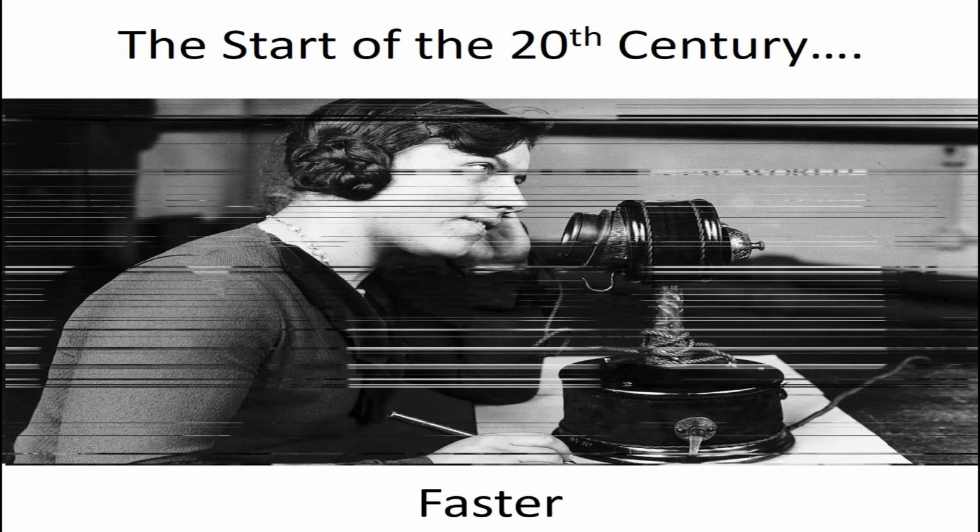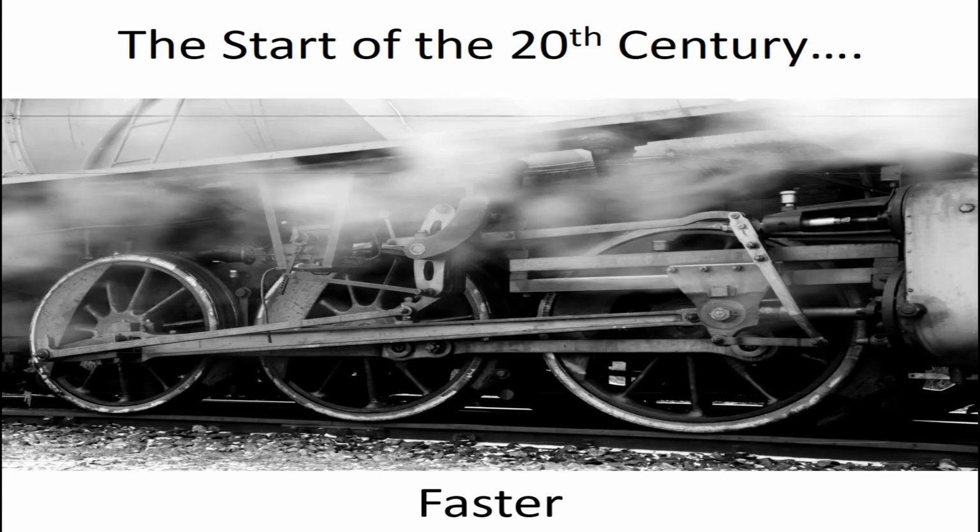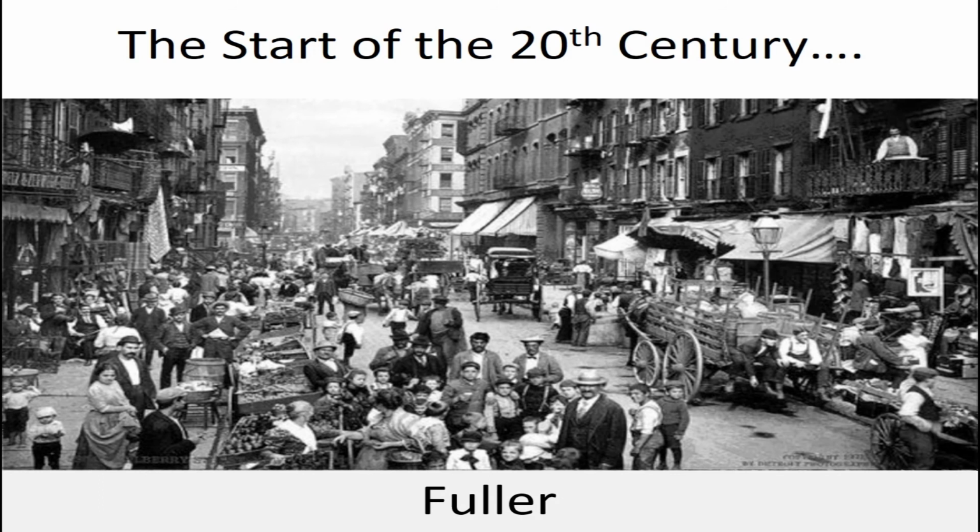There were quicker ways of communicating, so radio, telephones, phonographs, high-speed printing presses, enabling the production of low-cost newspapers and mass-market magazines. There were faster ways of travelling, so fast and comfortable long-distance travel by trains, but also planes and automobiles. We also, at that time, society was getting fuller to the extent that the cities were getting fuller. This was called urbanization.